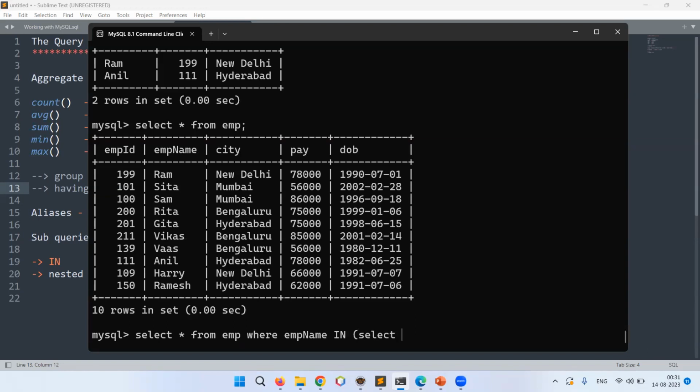Select employee name. Okay, so I have to give some multiple values here. Select star from employee where city in. So here I will select the cities, because IN requires multiple values. So select city from employee